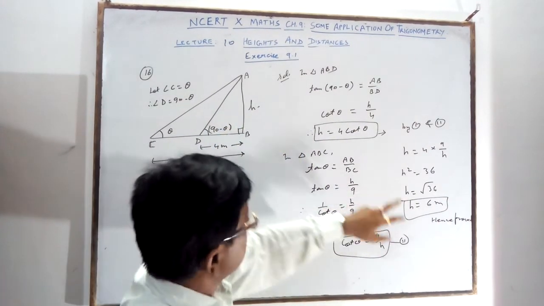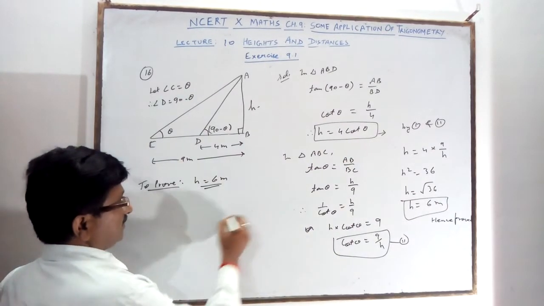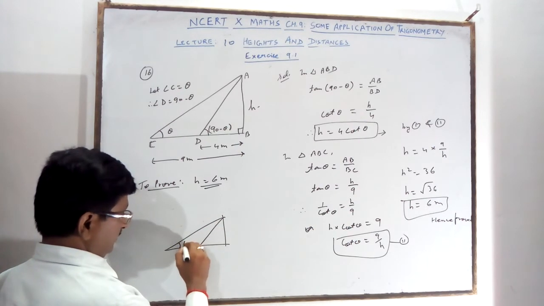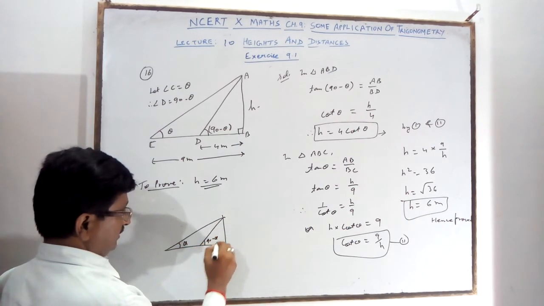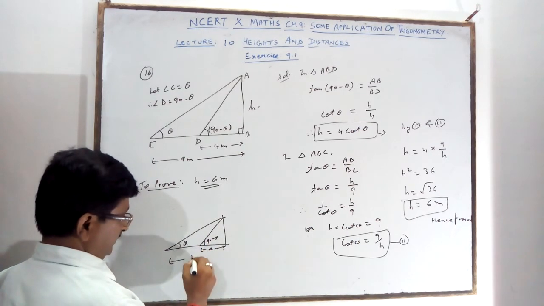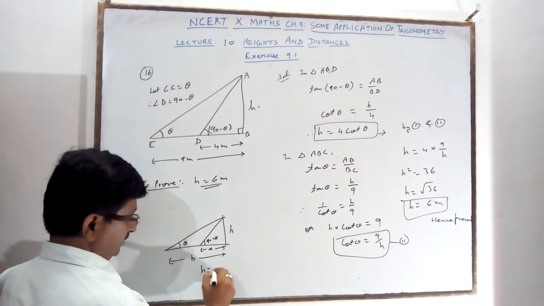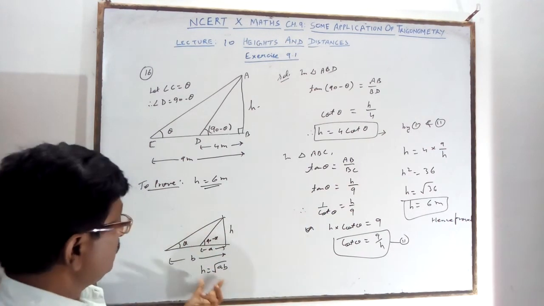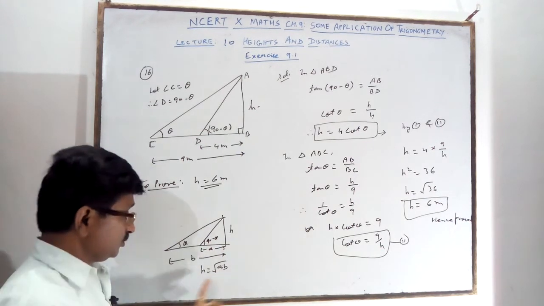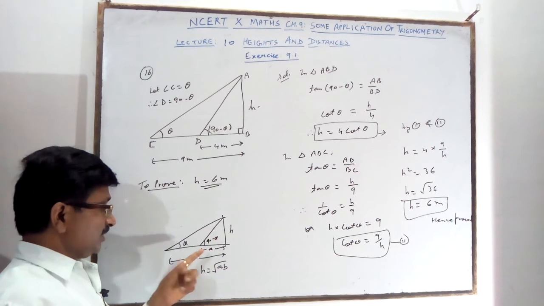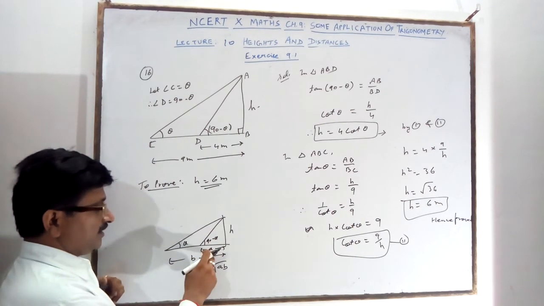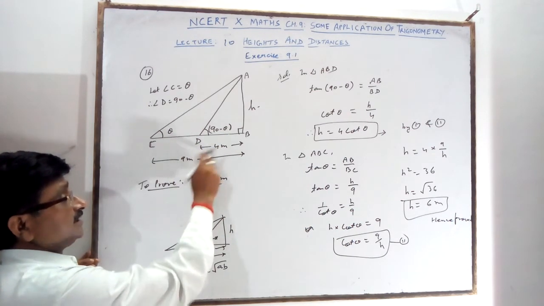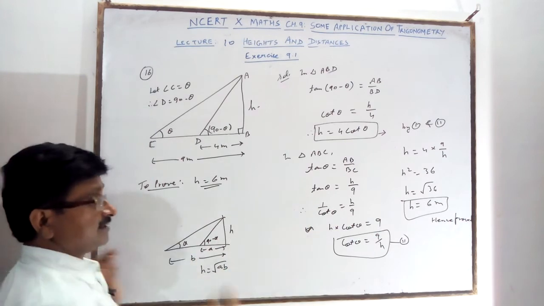Sometimes you have to find the height, sometimes it may be given like this. If complementary angles theta and 90 minus theta are given, with distances A and B, then h will be under root AB. You can prove this. It was given in the old book: prove the height is root AB. The distance of the point can be anything. You can take this A and this B, but here you take 4 and 9. 9 fours are 36, A into B. The same condition you will get.